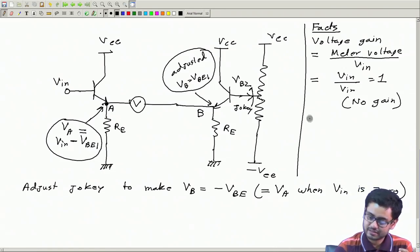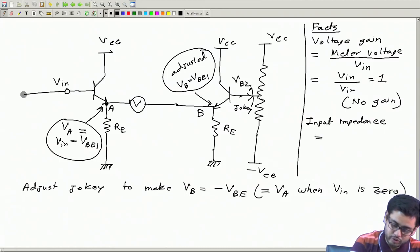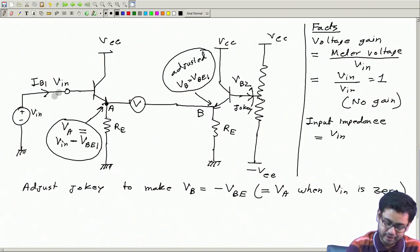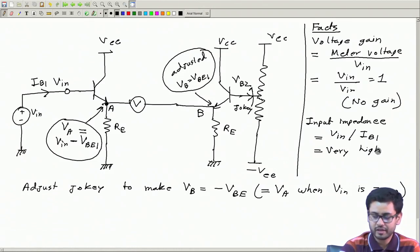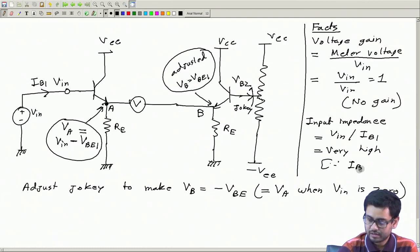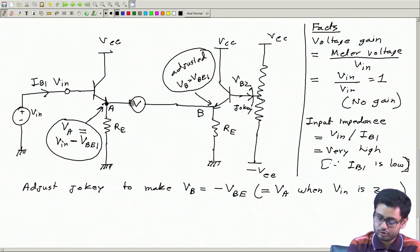It serves the other purpose, the input impedance. How much is the input impedance? This is very high. Why? Because input impedance is nothing but, I can write, I will connect some circuit here, Vin, plus minus. If this current is IB1, then the input impedance is nothing but Vin, the voltage applied, divided by the current IB1, and this is very high, since normally the base current is low for a transistor. And more importantly, the current that will flow through the meter,